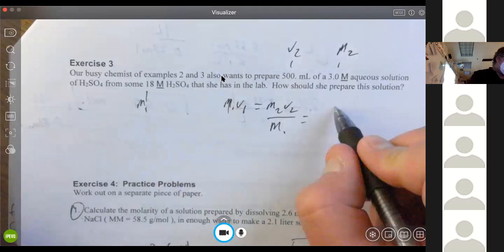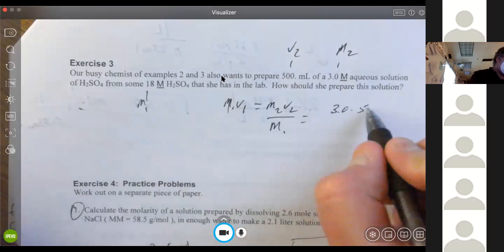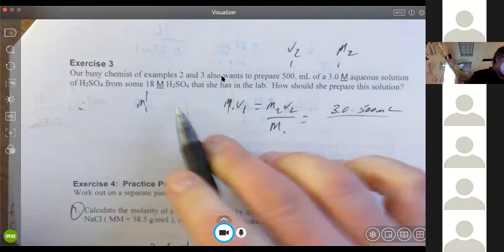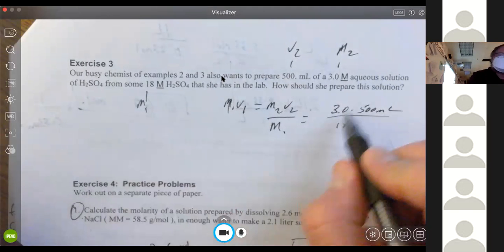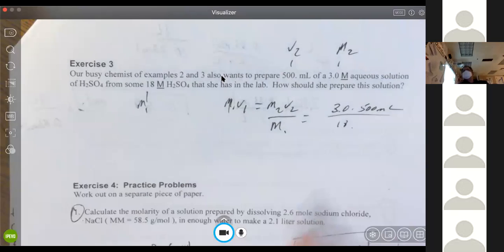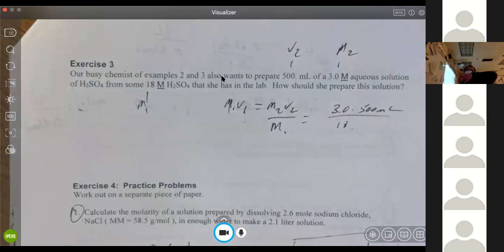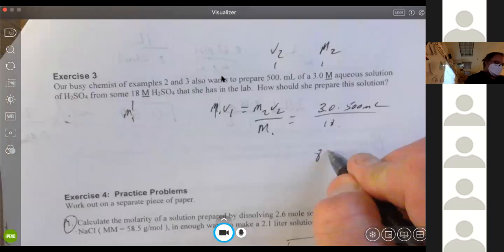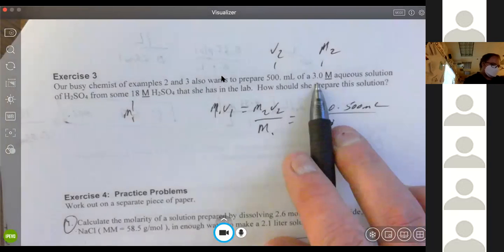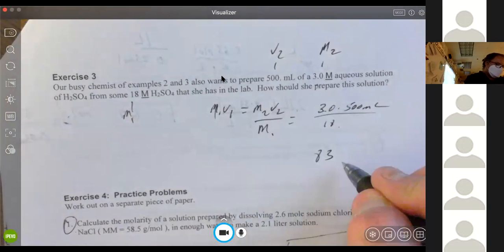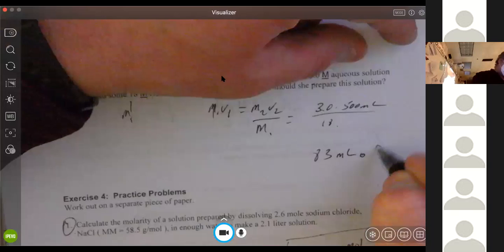We get 3 times 500 milliliters divided by 18. The moles per liter cancel out. It's about 83.3333. We've got two significant digits, so 83.3 milliliters of 18 molar